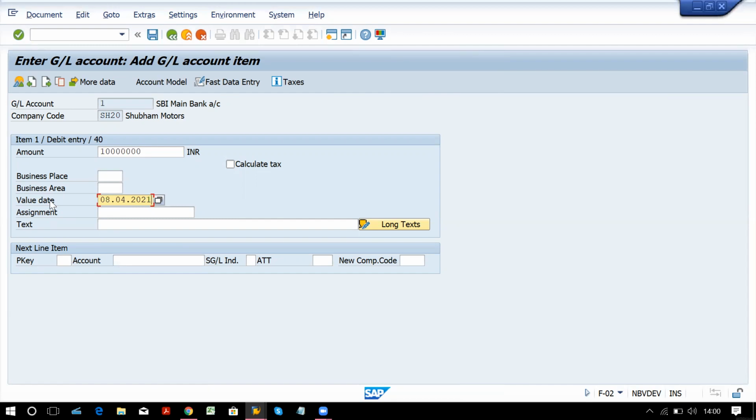Ma'am, the date which you gave earlier and this date should be same or different? It can be different, it can be same. That is okay. Value date is the date which is with effect from. Okay. So if you want to give same, you can give same, or it can be different. Okay, it will be there on your invoices or the processes what you have. Okay, so don't worry.